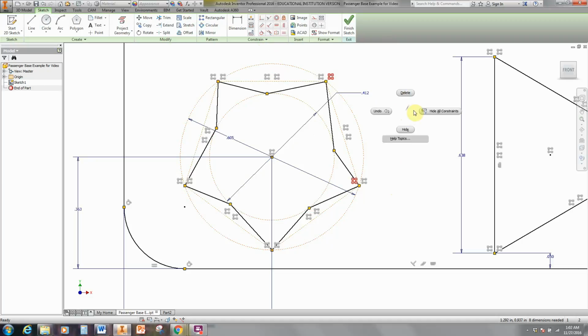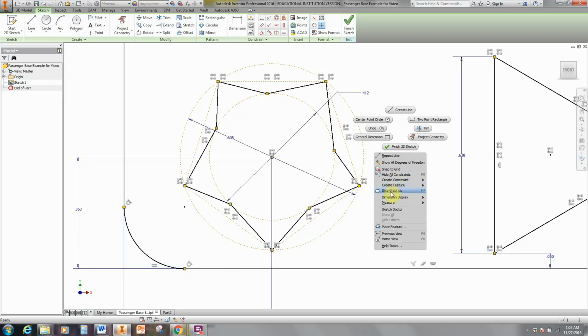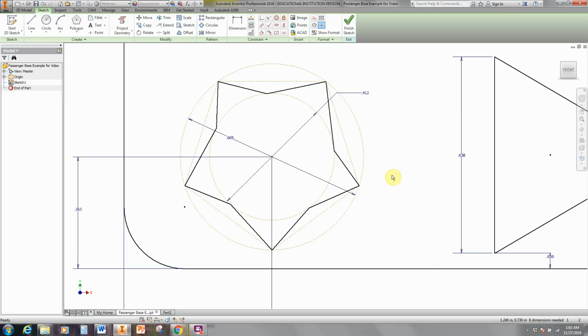So I right click and I say, I need to click again because it kept thinking I was talking about that symbol I clicked on. And we could say hide all the constraints. We don't need to see them anymore. We only want to see the ones that we're going to be making, and that is equal. So we click on equal,